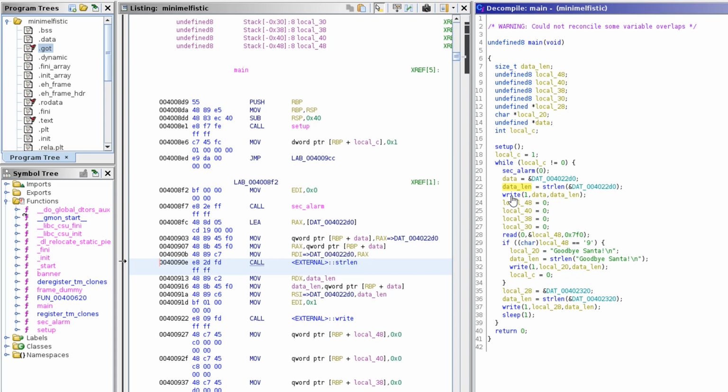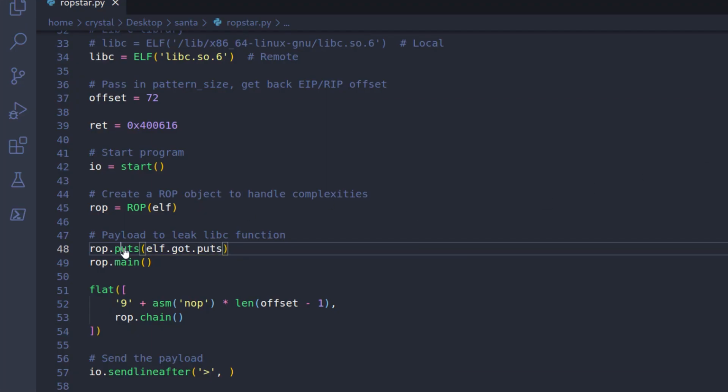And so what it's doing here, it's calling write, and you can see the file descriptor is first, where one specifies that it's going to output to us in the terminal, and then the data is second, which is the buff, and then n is the length of the data. So we can do something like this to leak out our global offset table address, but we need to specify these three parameters. The way that I did this was to simply try to update our ROP object and say,